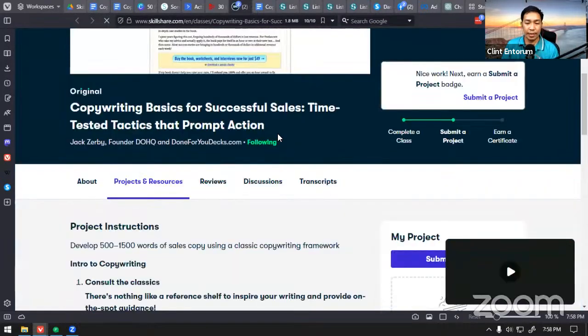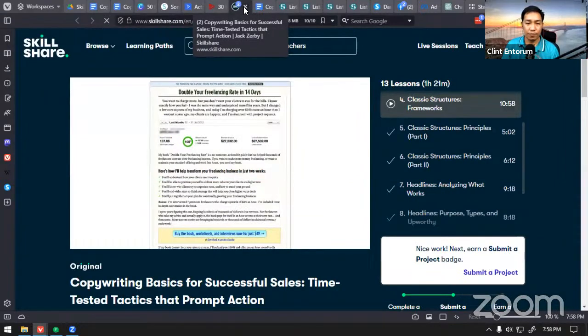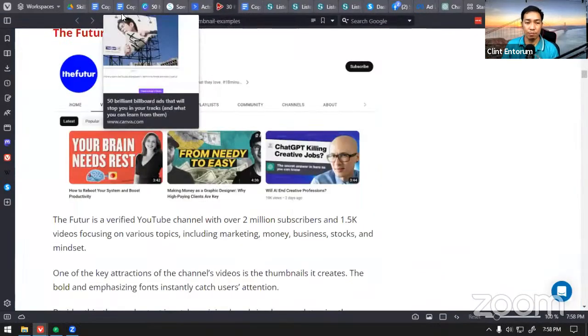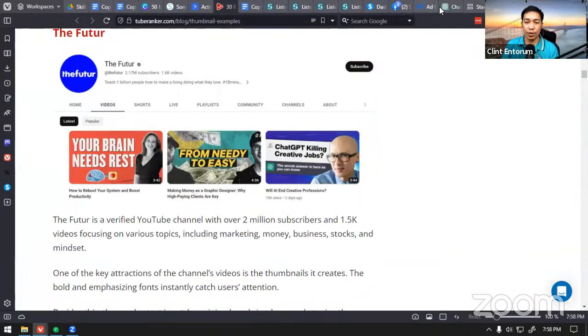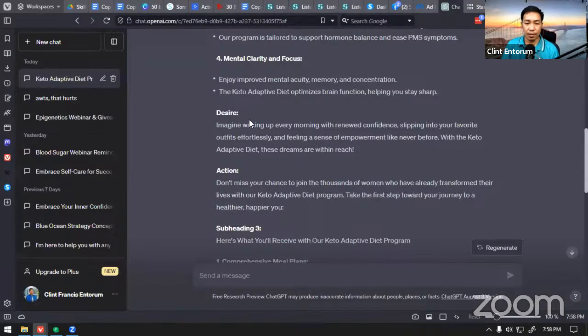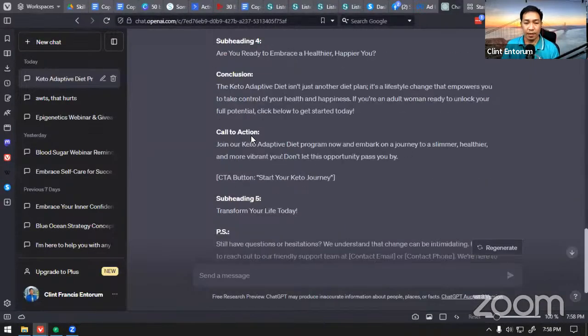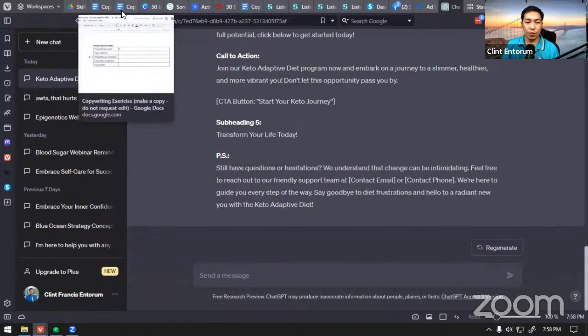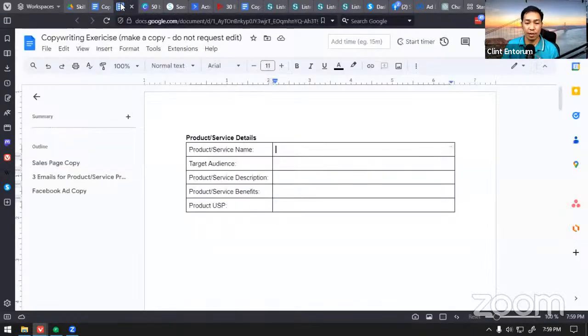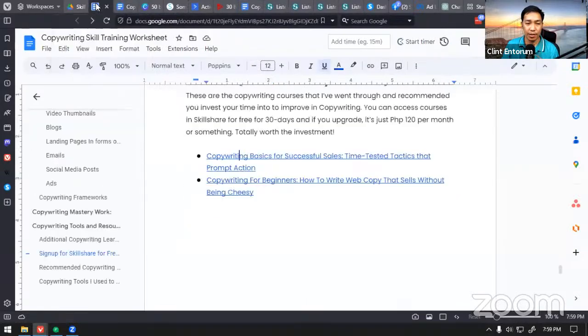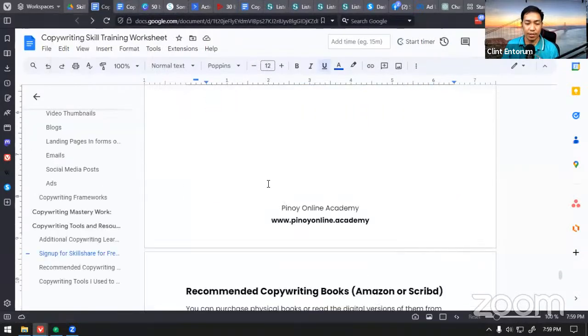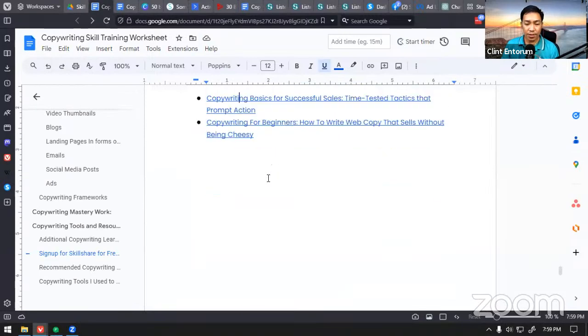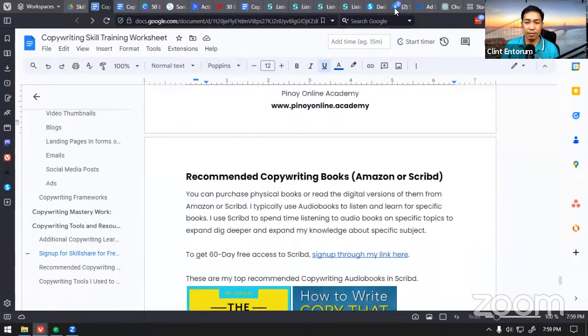So there are really good lessons about copywriting that you have to dig into, and it will make more sense when you're writing something or asking ChatGPT better. You will be able to write copy better using ChatGPT when you have more knowledge about copywriting. Okay, so go through all those copywriting resources that I've sent you here. So that's your assignment.